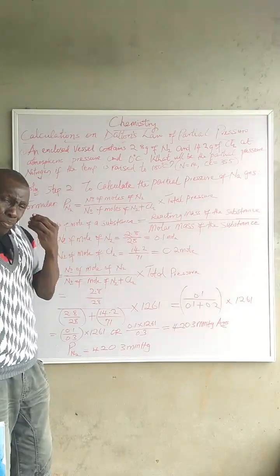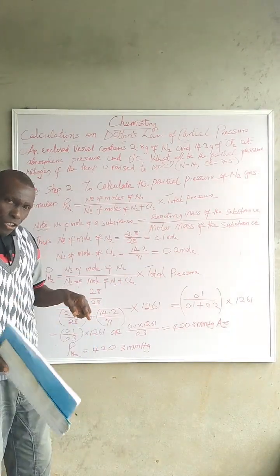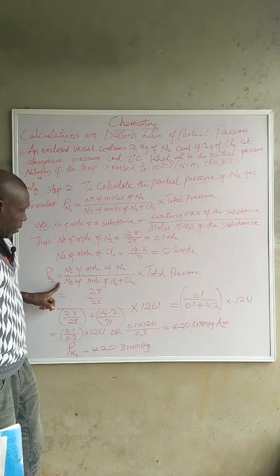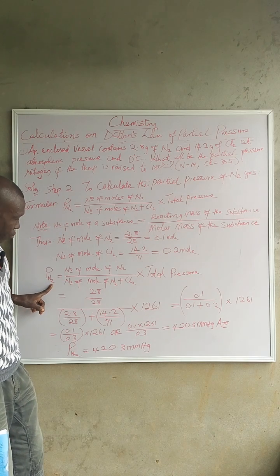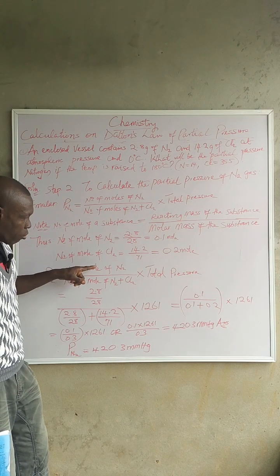Now, having known these values, let's come down. We are looking for the partial pressure of nitrogen gas in the gas mixture. Therefore, PN2 equals the number of moles of nitrogen